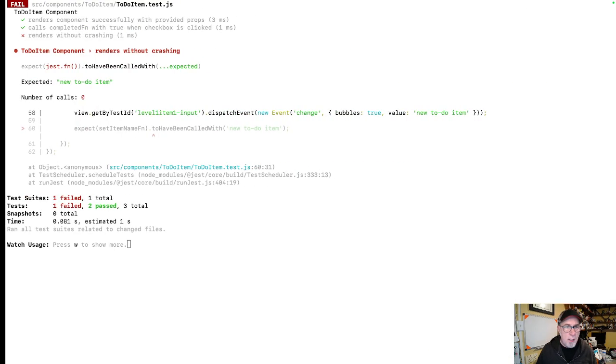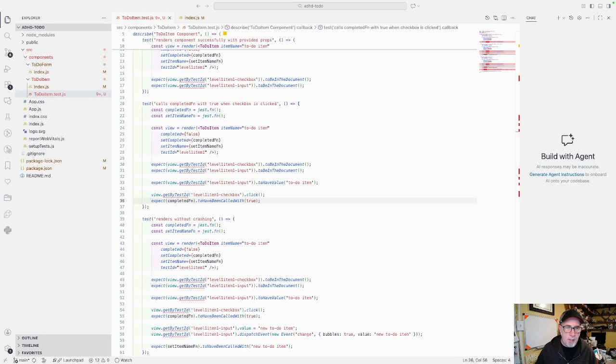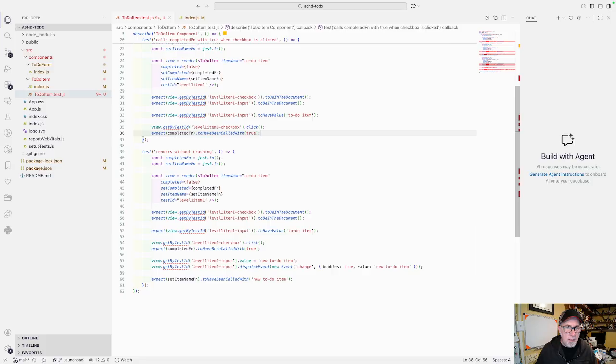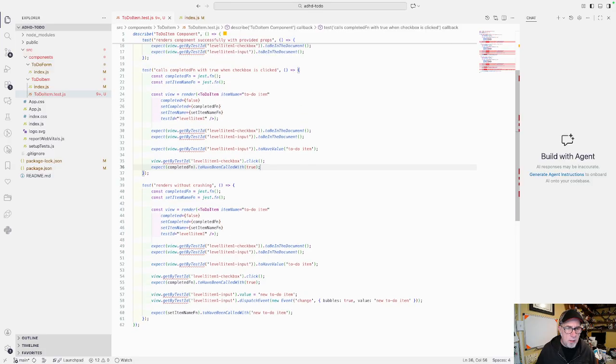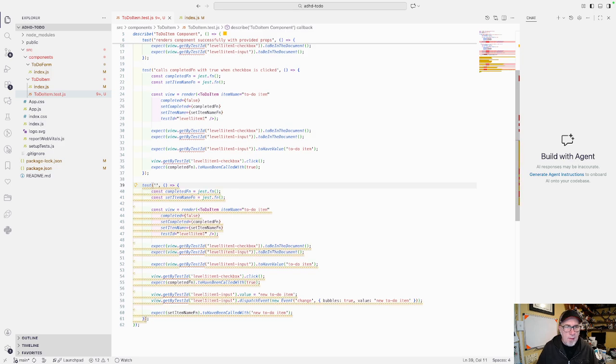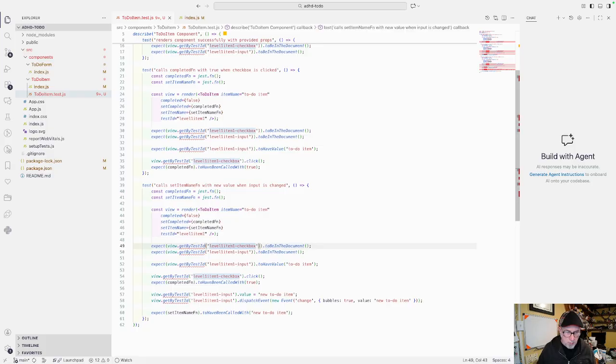All right, so we should have a couple of passing tests and 1 failing test. Great. And then calls set item name function with new value when input is changed. Okay, so now